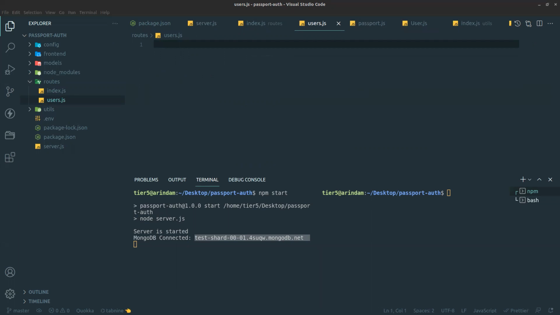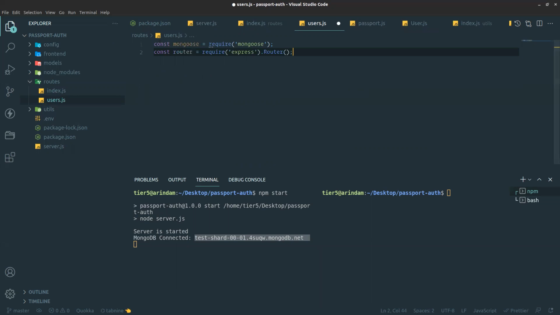So first we need to bring mongoose and router. Then user model we need. Then passport and utils. These two things also needed, because we are just checking with passport. Now we are creating first register. So for register, when any